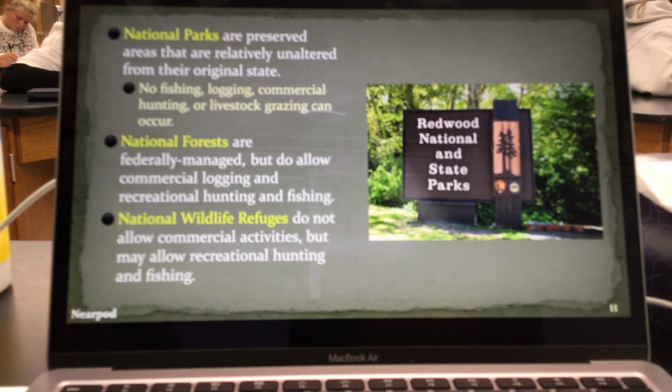They want to sustain those resources, because once that stuff is gone, it's gone for a long period of time, right? The other thing put into place were national forests, and these were all federally funded. So national parks as well, federally funded. Obviously national parks get a pretty big draw of visitors that help fund it as well, but it's federally funded. So national forests are also federally funded, but some of them do allow commercial logging for extra funds.